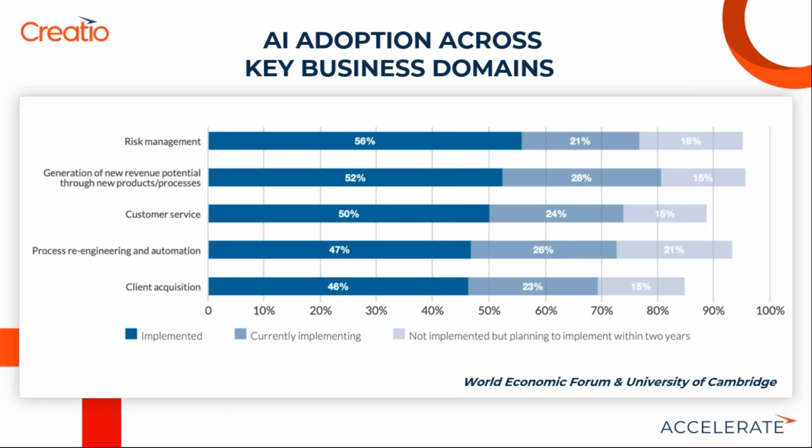And from an adoption perspective, obviously every CFO, every CIO, every CEO is risk averse. So the first thing they go after is risk mitigation, right? What can I do to grow my business, but also manage risk as much as possible? Now, from a CRM perspective, what we see is a lot of this AI being used on the customer service side, because that is how most companies are being measured.